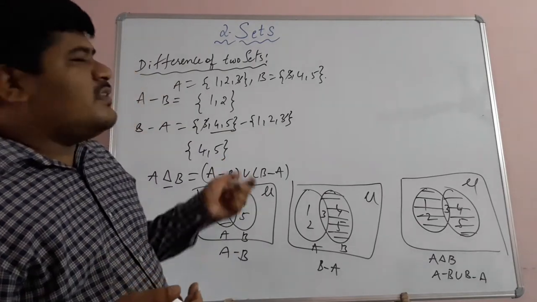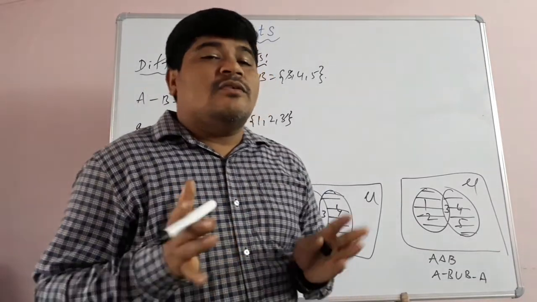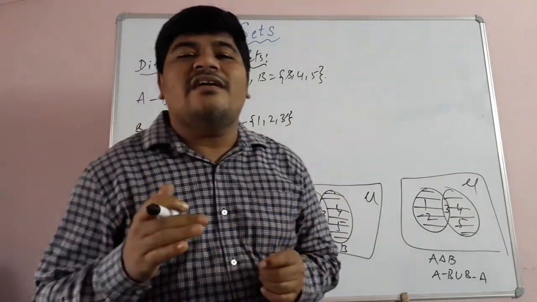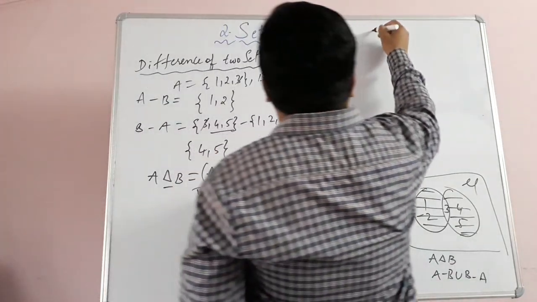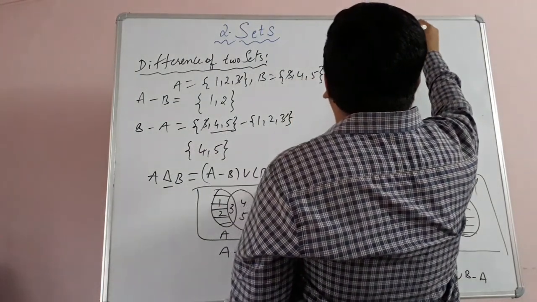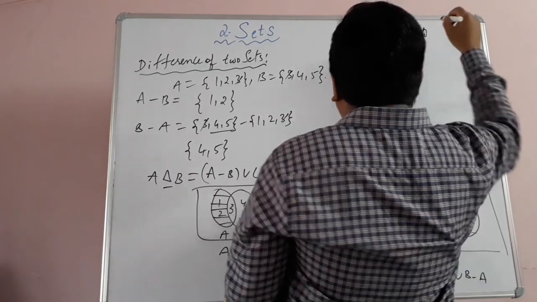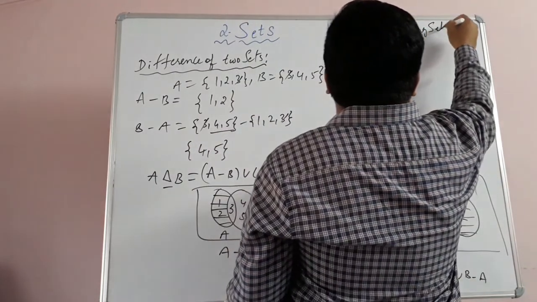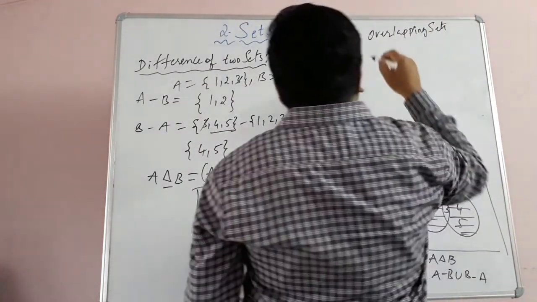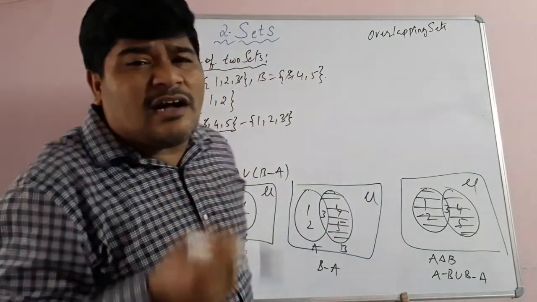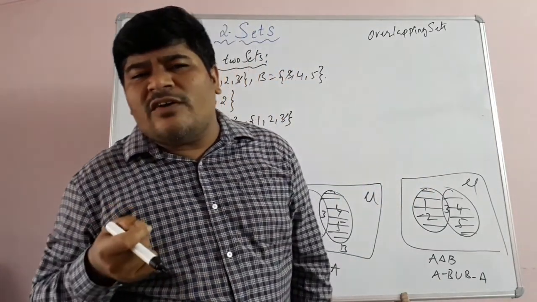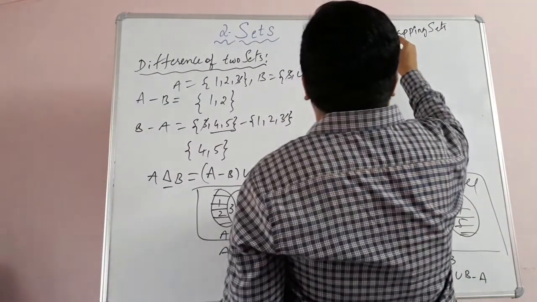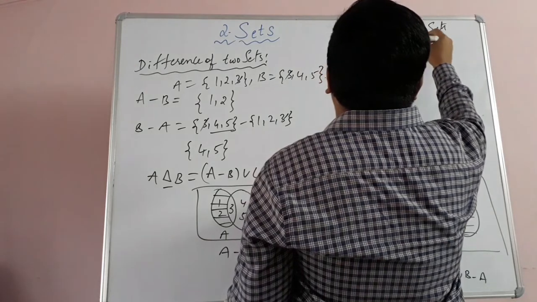Types of the sets based on the intersection operation, children. If at least one common element is there, those two sets are said to be overlapping sets. There are two types based on intersection operation. If two sets are not even having at least one element in common, then those are said to be disjoint sets, children.